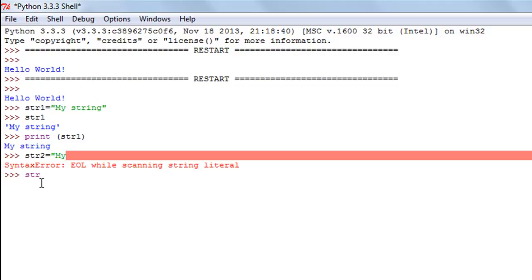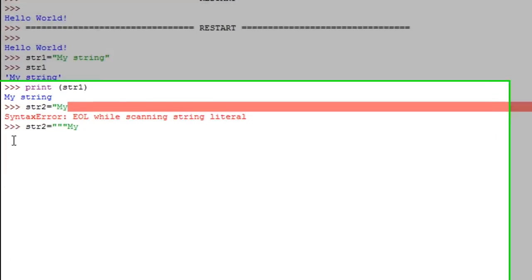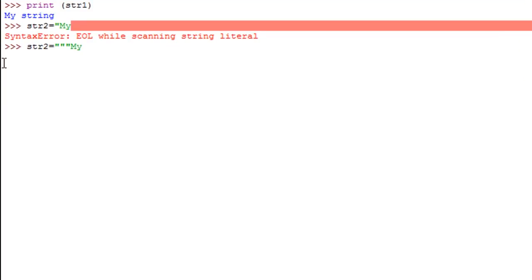So I'll type in str2 as my variable name. I'll put in the assignment operator, and instead of using the single quote twice or the double quote once, I'll get in the double quote symbol thrice. And now when I type in my and press the enter key, I see that I don't get an error message. Instead, the cursor starts blinking on another line, a new line, and I can type in my second word